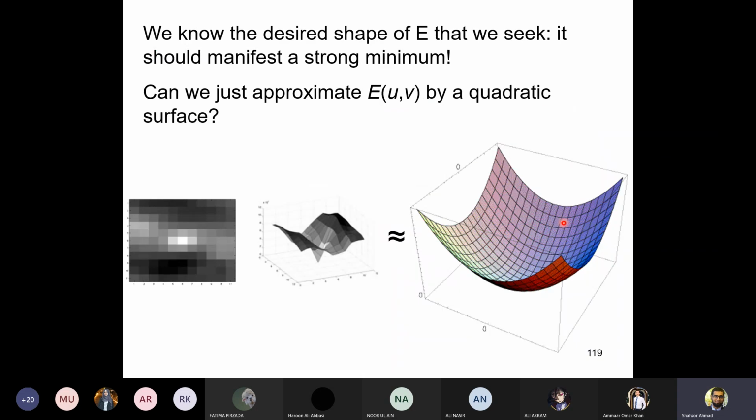So the method that we have to discuss is basically where we approximate this surface function E of uv using Taylor series approximation, and try to come up with a more efficient approach to implement it. The reason is that the ideal surface that we want is something like this, which should have a unique